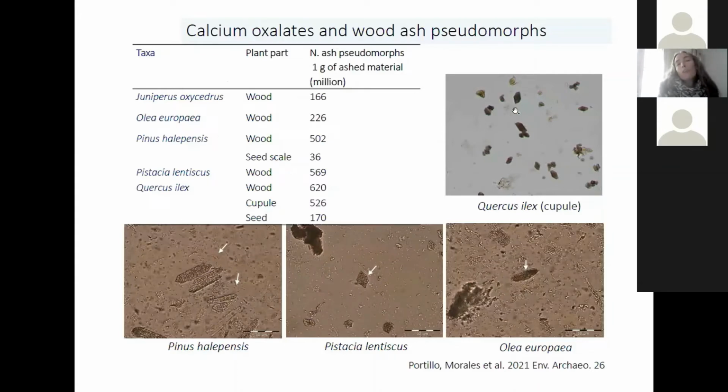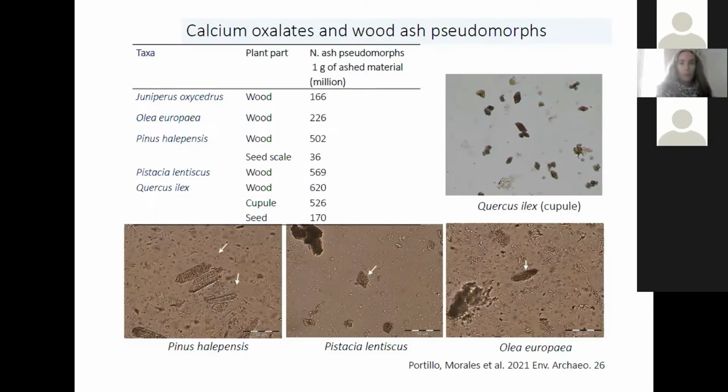That's oak, for example, with these rhomboids, but in Aleppo pine they are much more elongated. So the idea is they don't have a clear taxonomical value, but it's true that ashes produced by oak may be quite distinguishable from pine, for example. So that's another approach that can be used to investigate